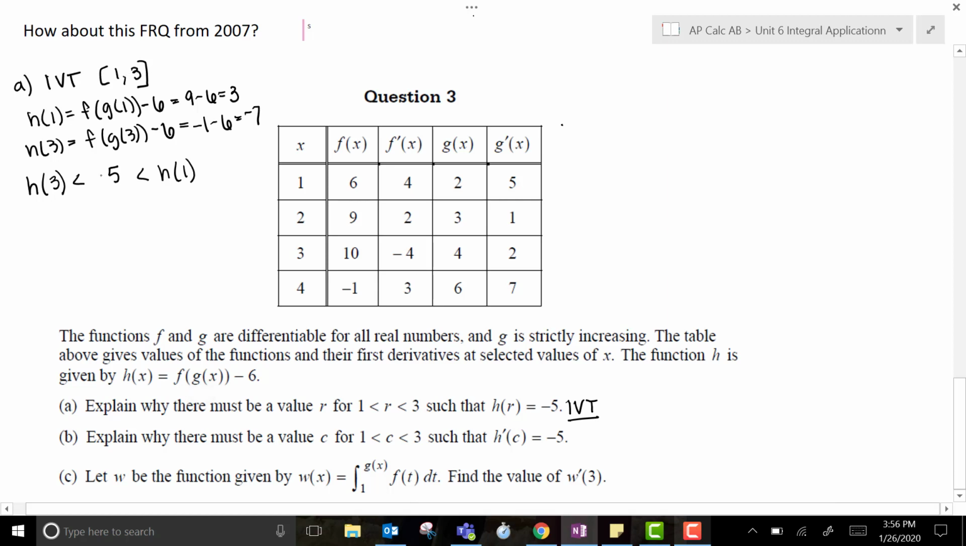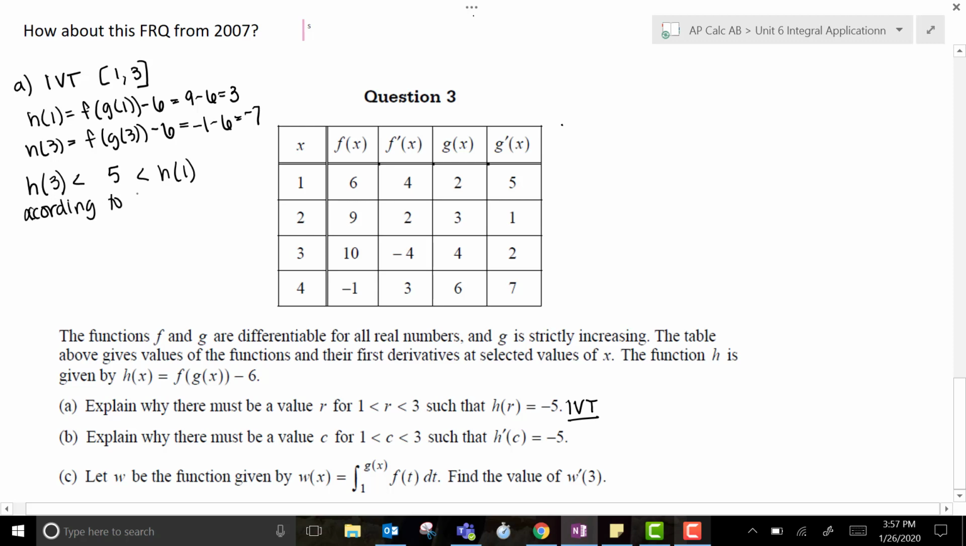Oops, negative 5. Come on. Negative 5 is between these values. And if you put the h first, so if you rewrote this to where h of 1 was first, just make sure you're checking your inequality symbols, that they are correct. Because I know that negative 5 is between these two outputs, you can say that, according to